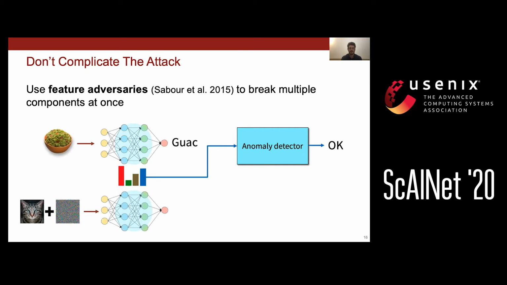Now to build an adversarial example for our cat picture, we'll search for a perturbation that makes the model's entire internal features match those of the guacamole picture. And this is great because it hits 2 birds with 1 stone. Because the model's internal features now match those of the guacamole picture, the model will classify our attack as guacamole, and the anomaly detector will also consider the features as valid. So we've attacked the whole system without actually having to directly attack the anomaly detector, or even really having to understand how it works internally. It's just garbage in, garbage out.